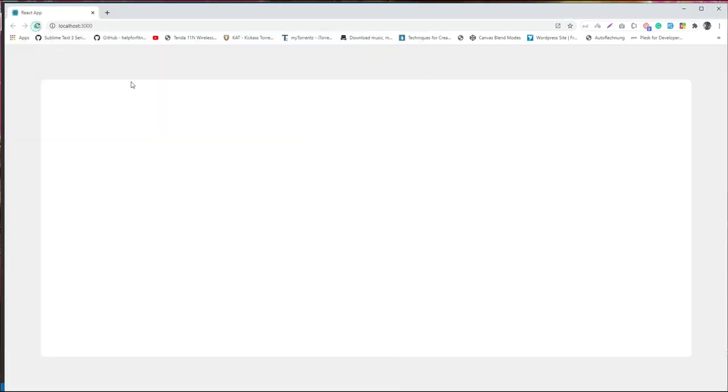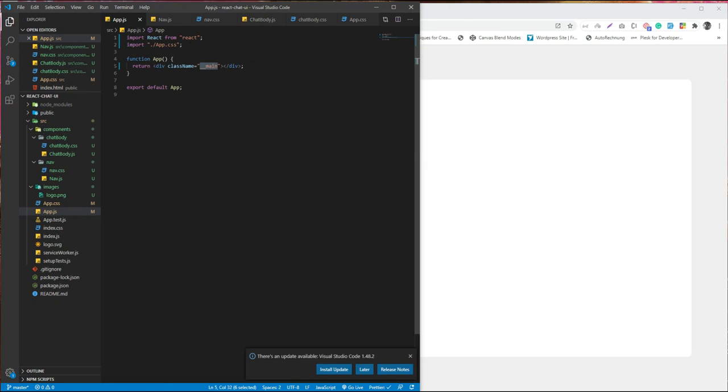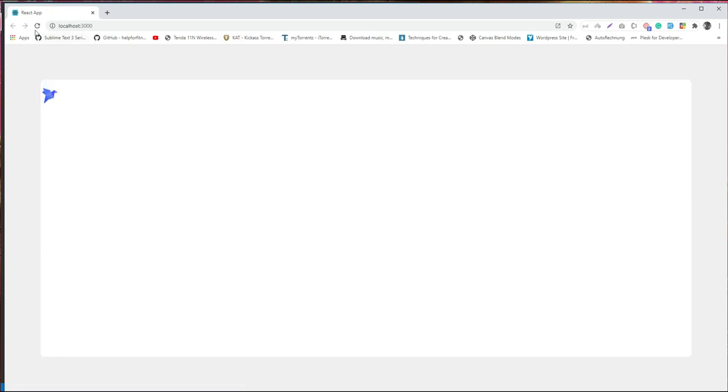You can see nothing is happening here because we have not imported the component in the app module. So let me import it over there and create the nav. Now I can see the logo.